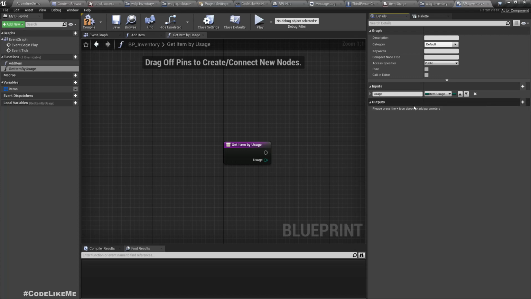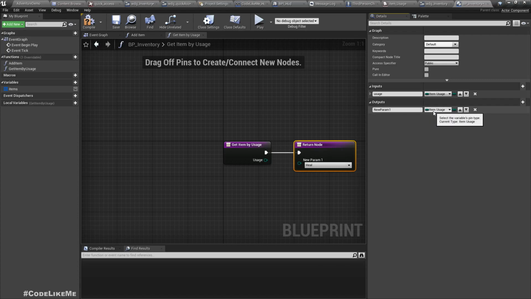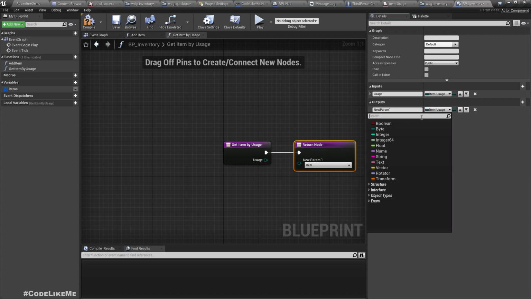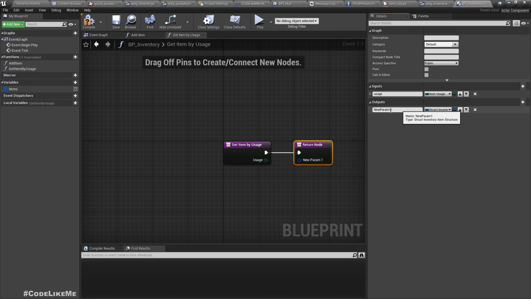Okay, and as the result let's give inventory item structure. Let's call it item, and also another variable, a boolean variable,